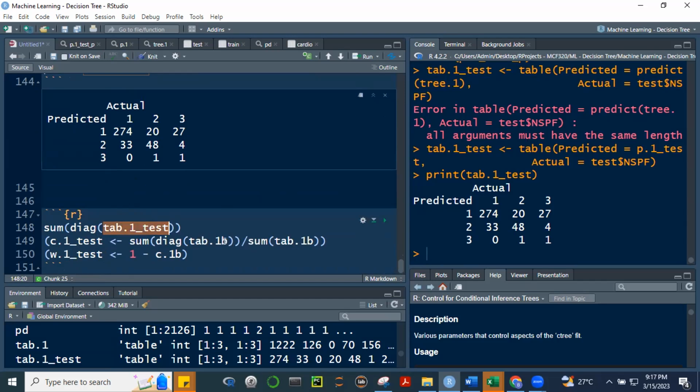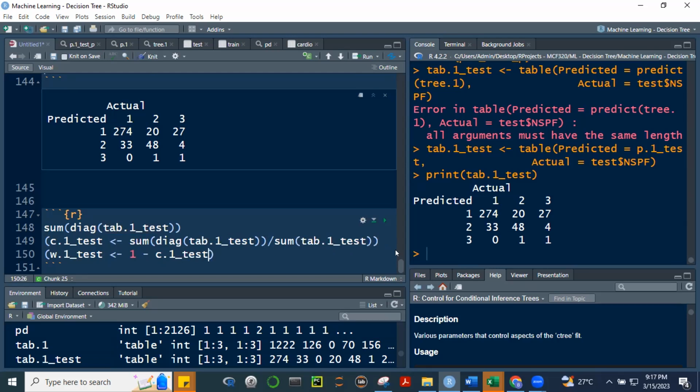Control C. We're replacing the table. 1 minus C.1, underscore test.